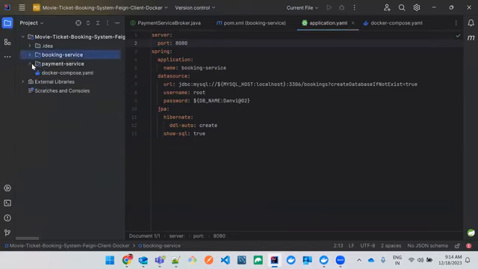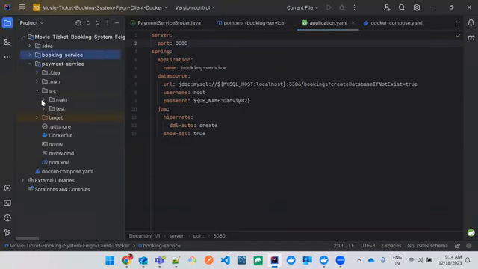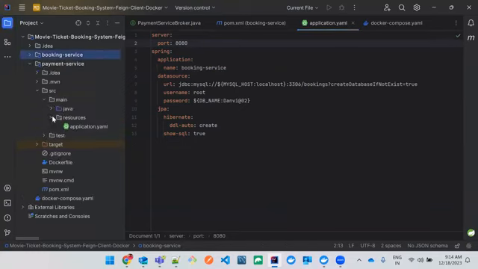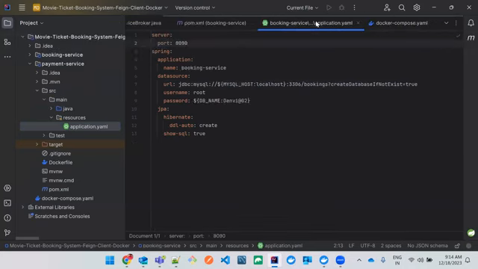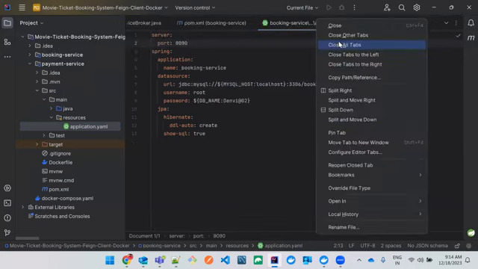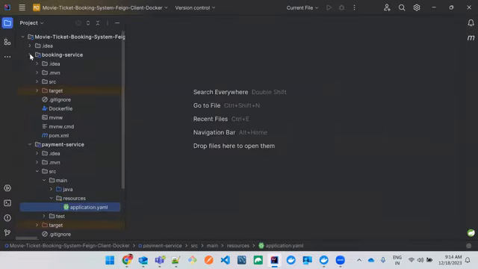And for the payment service, I just wanted to use 9090, because 90 series for payment service and 80 series for the booking service. And now let me tell you the basic disadvantage, right? If you just go to this booking service,